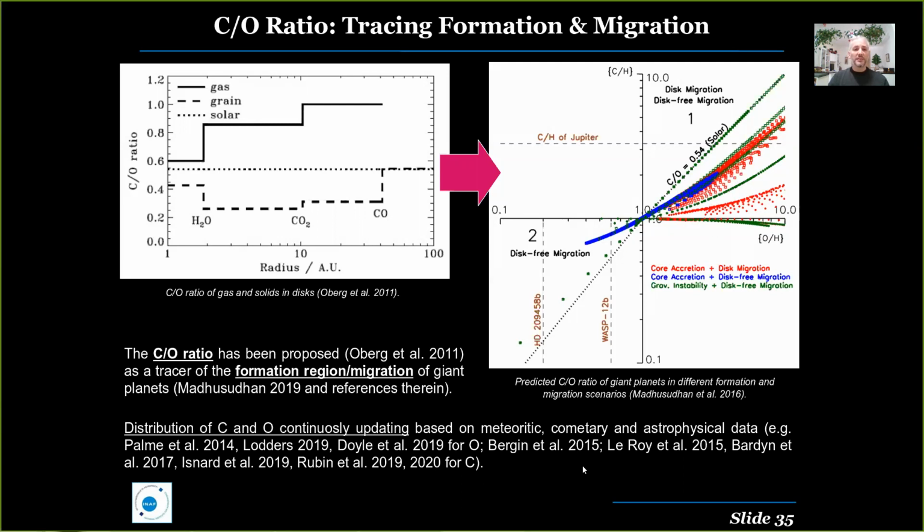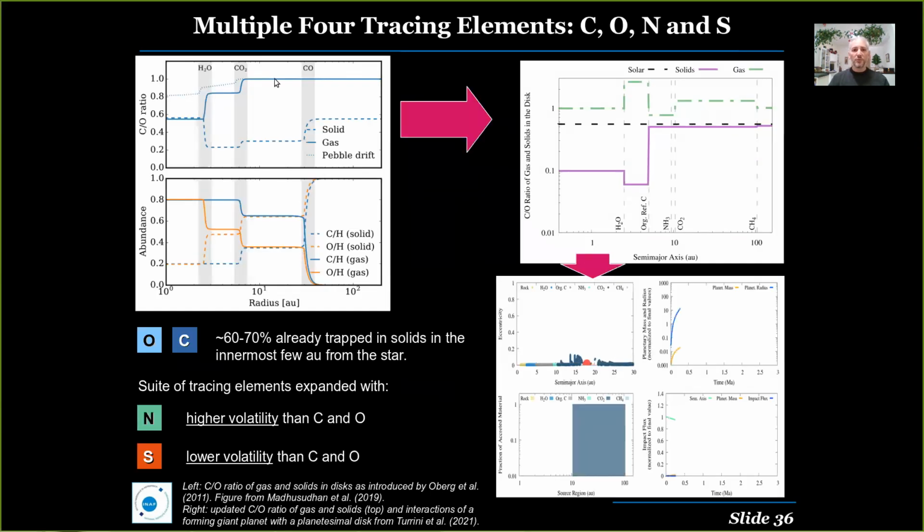The other problem is that the distribution of carbon and oxygen is continuously changing while we refine our understanding of the chemistry of meteorites, comets, and generally astrophysical environments that are related to planetary formation. And if we look at the most up-to-date picture, the simple C/O pattern identified by Öberg and collaborators in reality gets a bit more complex to interpret. First, because of the role of water, rocks, and organics,